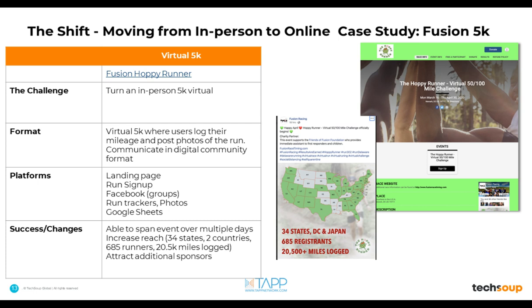virtual 5K. They also were able to go a little bit viral by having it shared through social media. The way they were able to capitalize on this was launching it through Facebook and through an email marketing program about the change of their event. So anybody that had already registered for the event got emails, but also now their whole list, maybe not local, or people that had joined before, or just their social following, was now able to sign up for